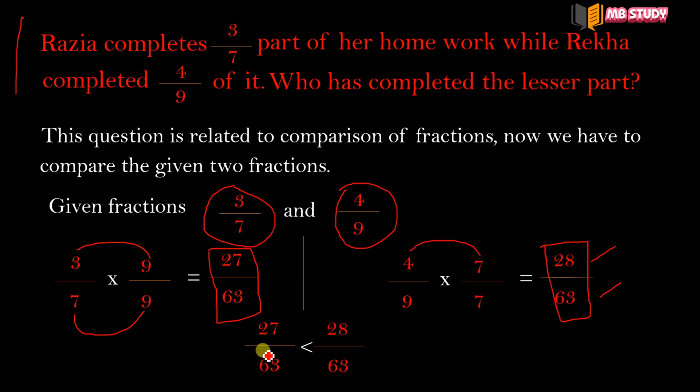This 27 by 63 is with respect to the first fraction. Okay, therefore 3 by 7 is the lesser fraction. That means Razia completed